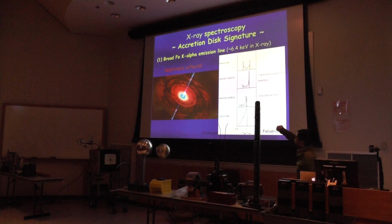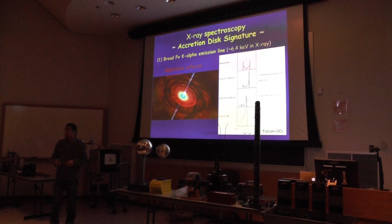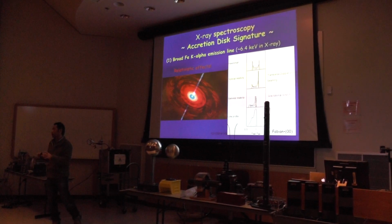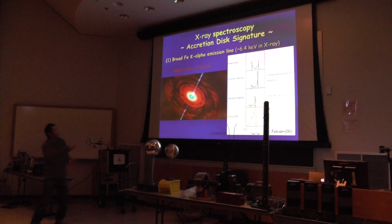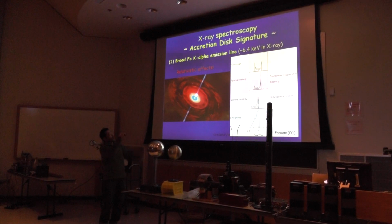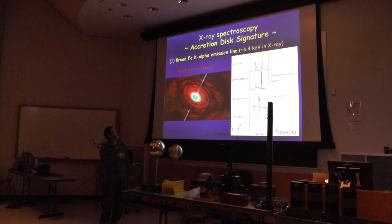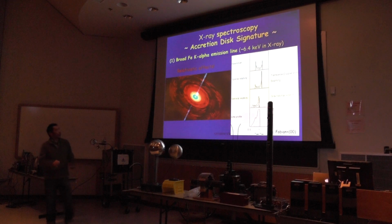And so the idea is that this gas is orbiting around, circling around while it's falling. Right? It's not just falling straight, it's spiraling in. So when it emits X-rays from the receding part of the disk, then the light gets redshifted. It's a simple Doppler shift that you may have learned in high school science. And the light coming from the approaching side of the accretion disk is blueshifted. Okay. So when you collect the light from this system, you're going to see some peak in the blueshifted part and the redshifted part. It's called the double-peaked profile. And then I'm not going to go into the details about the